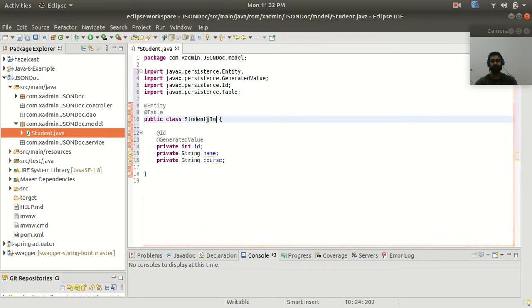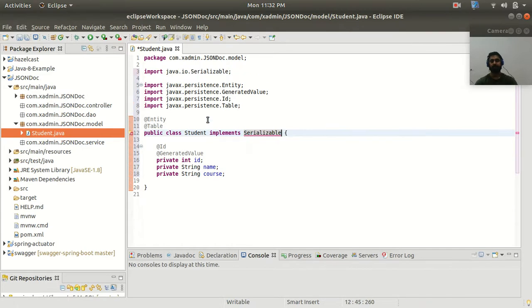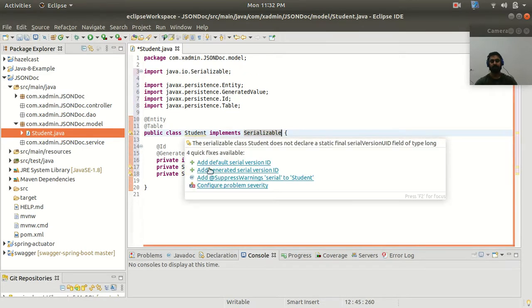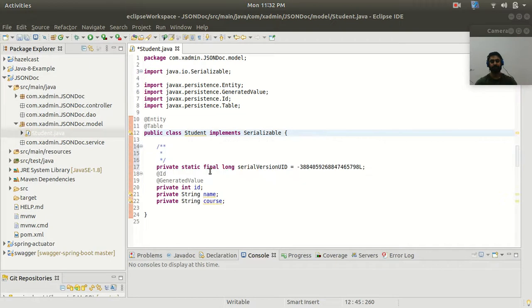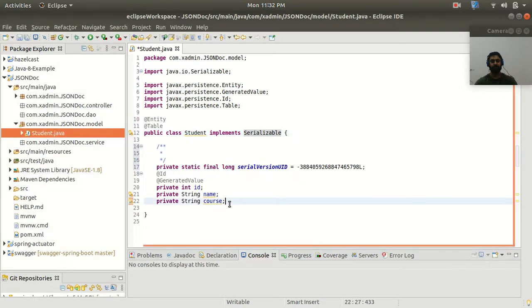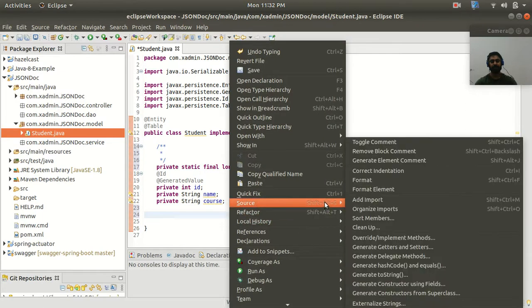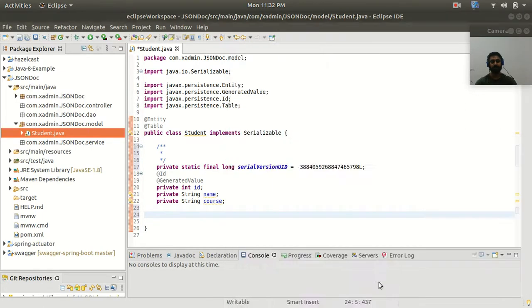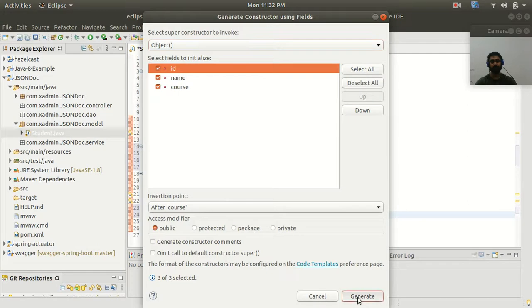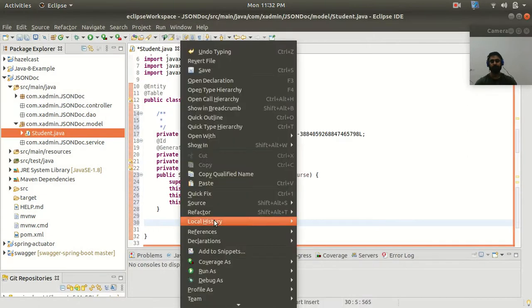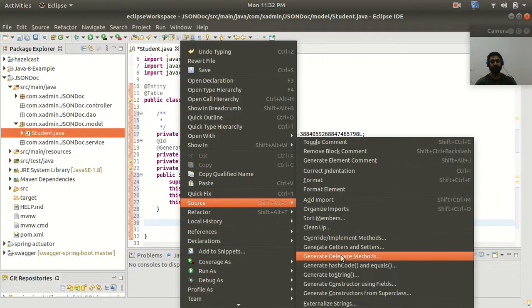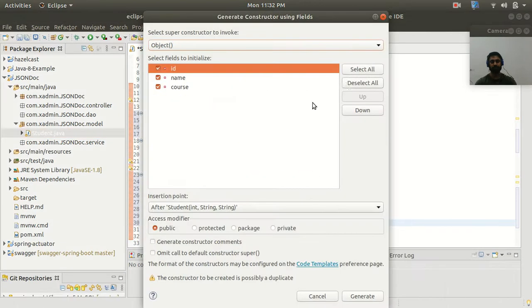And I want to implement this entity Student class with the Serializable interface. And here I need to generate the serial version ID. Now I am going to create a parametric constructor for this class. Now I'm going to generate a default constructor for this class.